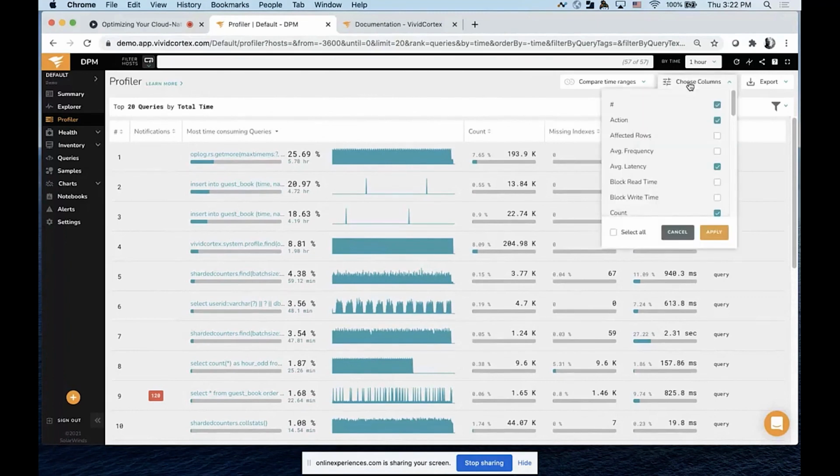So if I want to, for instance, look at my most time-consuming queries to understand what's driving the top of my workload, but then maybe look at other dimensions and see aspects of that query's performance that might be driving a degradation or the cause of a spiky performance profile versus a more standard or uniform profile of how that query is executing, I can simply layer on these additional columns